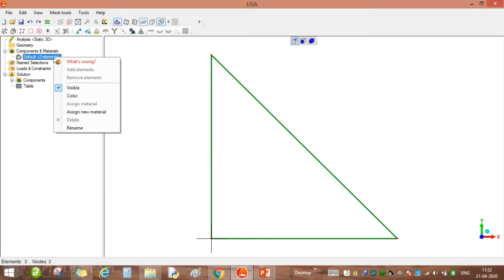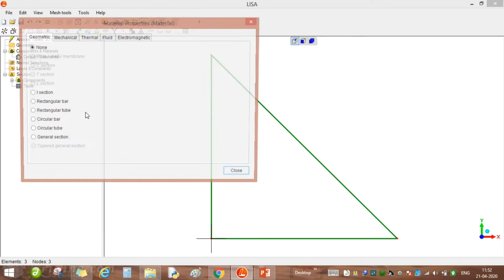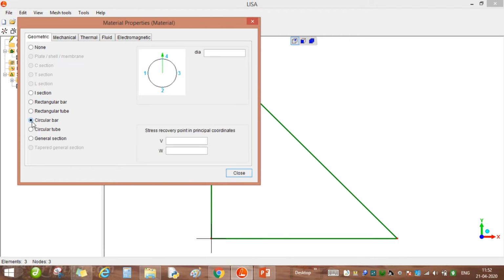So now we can give the element properties. So let us go to assign new material. Circular bar we are considering because the diameter is given, and here are the 4 points that we will be referring to while analyzing the stresses at the different points. So this is okay.